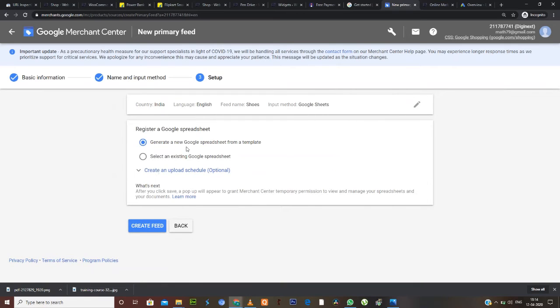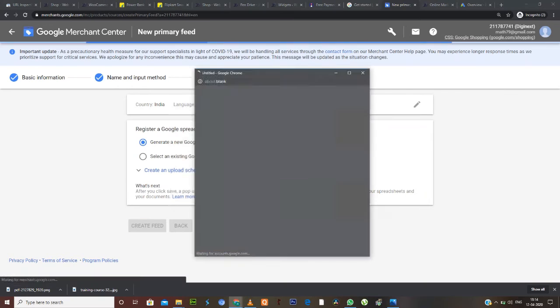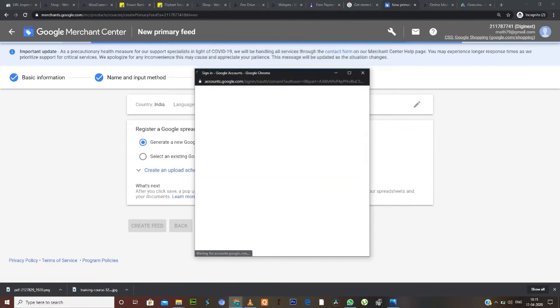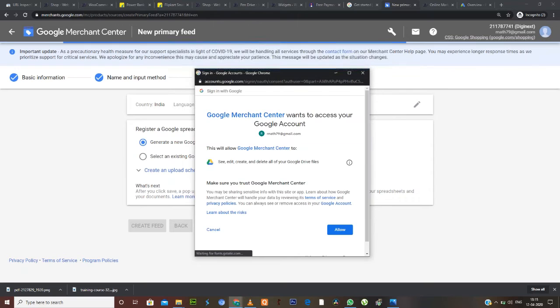So what it says: generate a Google Sheet or else select an existing one. So right now this is the first time I'm using this particular account. So we have to generate a new sheet. So now create feed. Okay.